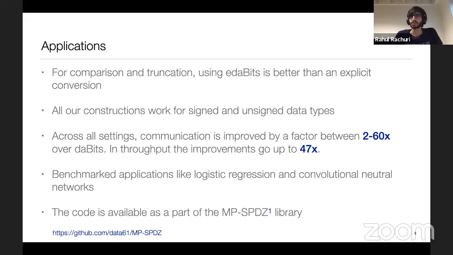The truncation and comparison, I think they come from this paper by Catrina and Saxena, I think. So those are the ones we've implemented. Okay, if you can paste it in the chat, I don't know which one you're referring to. It would be great. Okay, thank you.